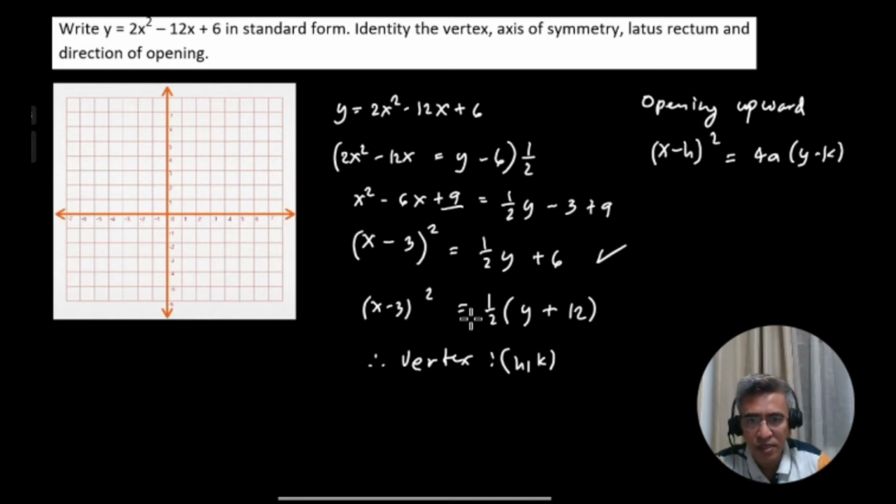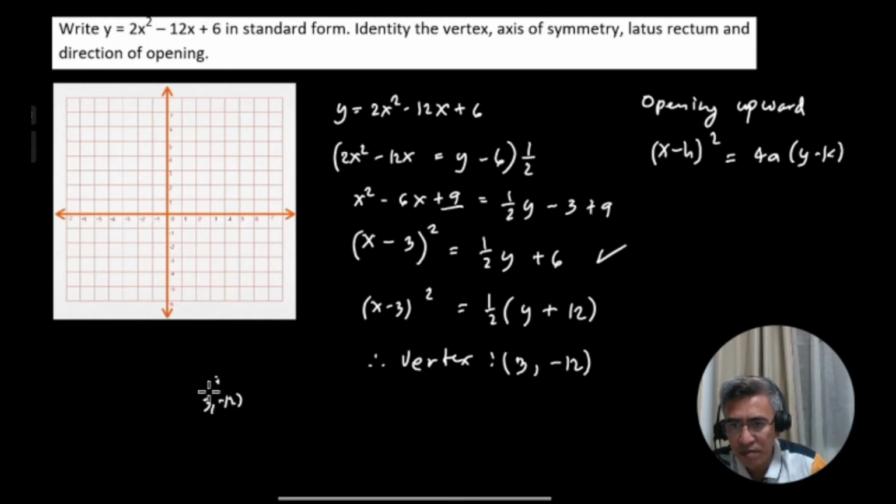x minus 3 squared is equal to 1/2 of y plus 12. Therefore vertex h, k is equivalent to positive 3, comma, negative 12. Therefore our vertex is 3 and negative 12. 3, positive 3, and negative 12. So this is 6, 7, 8, 9, 10 until this point approximately, and that's 3, negative 12,